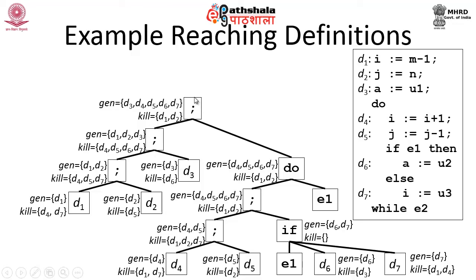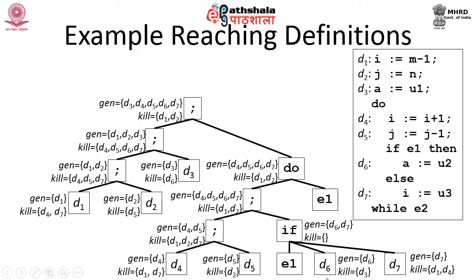Now, to compute this node, I need to compute this particular node. Again, it will be this union this. Whatever the do node computes will be computed as a union to get this. Now, to compute this node, I need to compute the interior node. Again, this interior node is nothing but D4, D5, the union of these two, and D1, D2, D7. Again, this is D6 and this is D7.